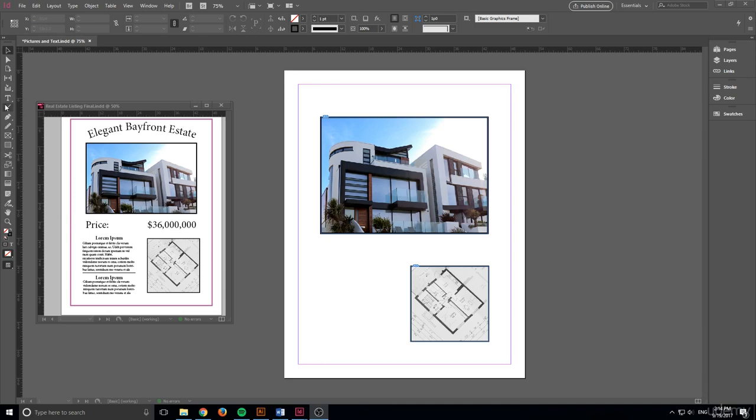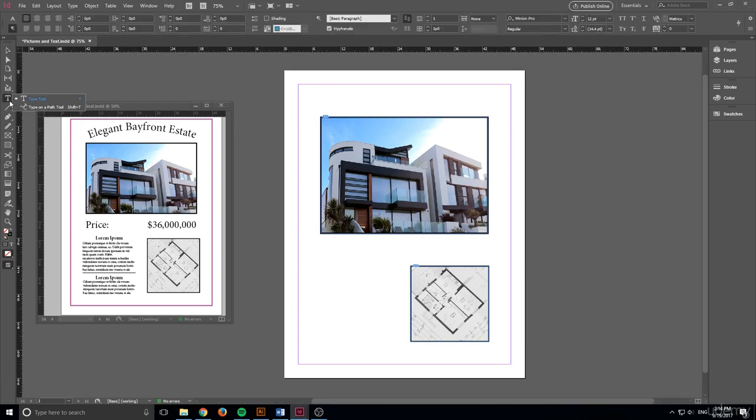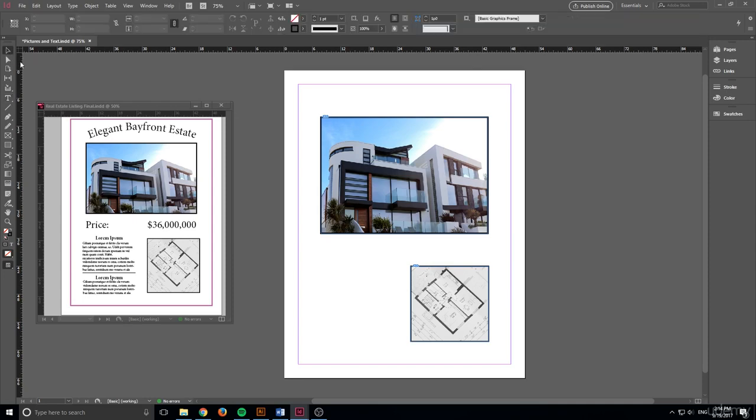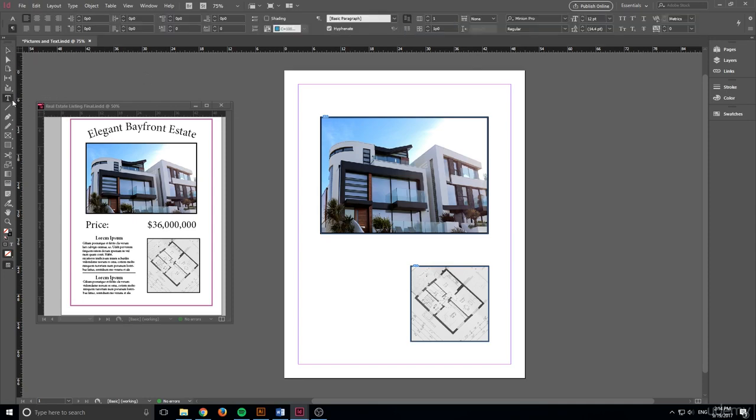So to just create some text, all you need to do is select the text tool, which is over here on the left, this big T right here. You can also hold this down and there's the type on path tool. That might be visible for you. So just understand that both of these are in the same place. You hold it and you get the other one. You can also just click the T key to activate the text tool. So if I am on this selection tool up here, if I click T, you'll see that it jumps straight